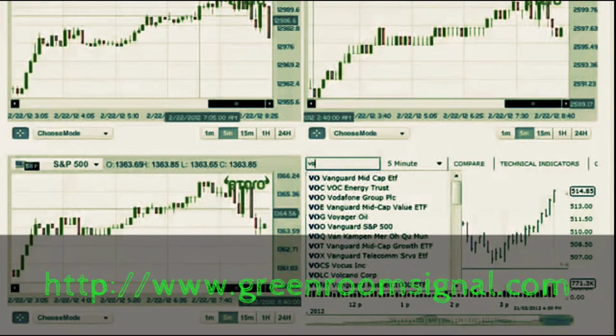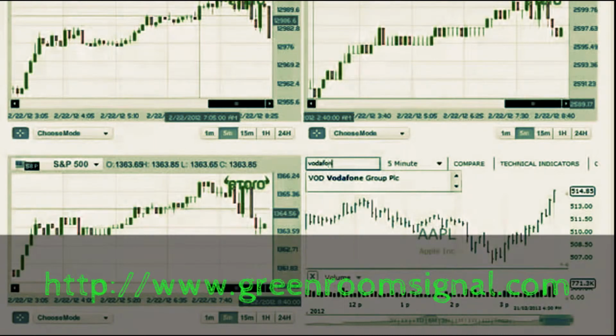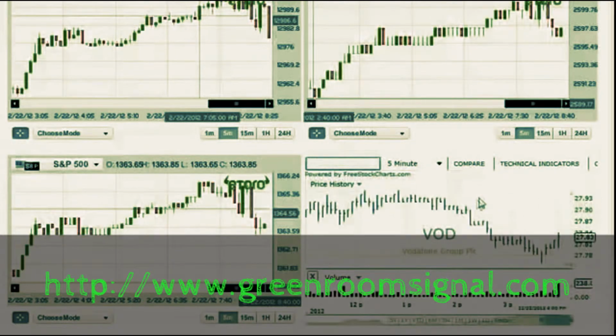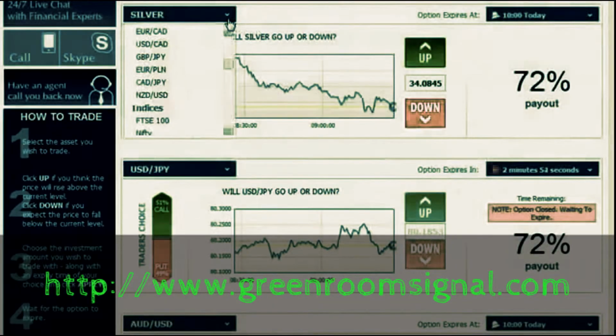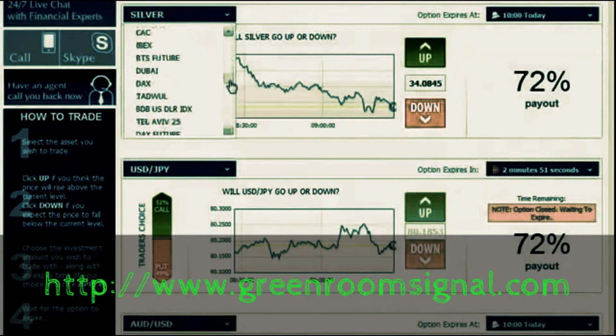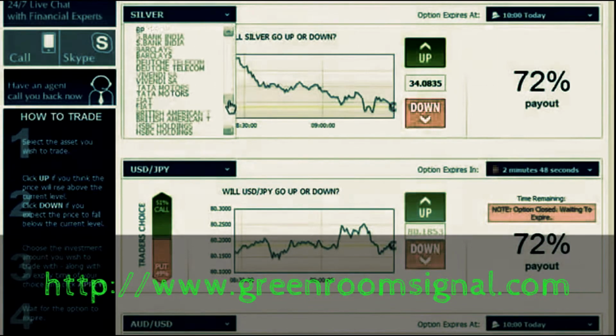I'm gonna enter Vodafone right here. As you can see, it already suggests the stock. I'm gonna click it, and as soon as I click it, I can see the trend line. It's a beautiful downwards going trend starting from this point going all the way down here. So basically it's the same as using the currencies and commodities sections. It's very easy. We go back to the platform, we choose the Vodafone stock from our stock section